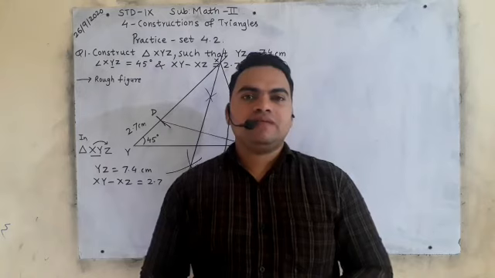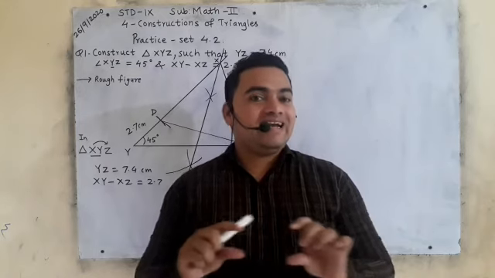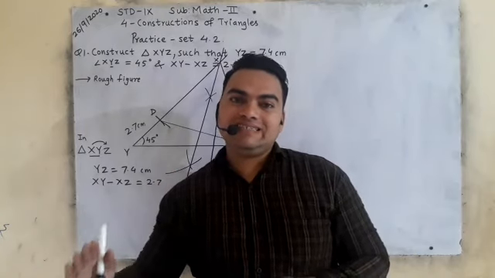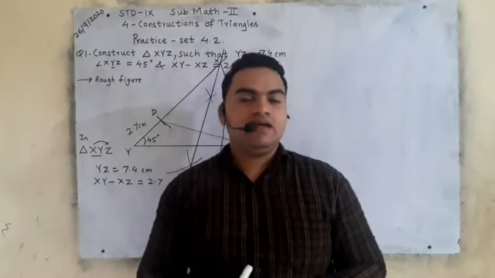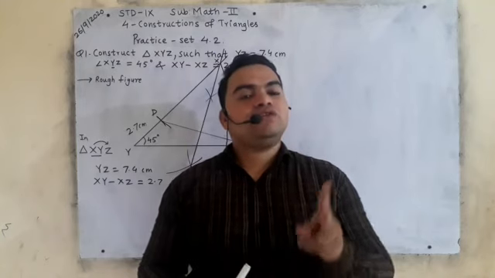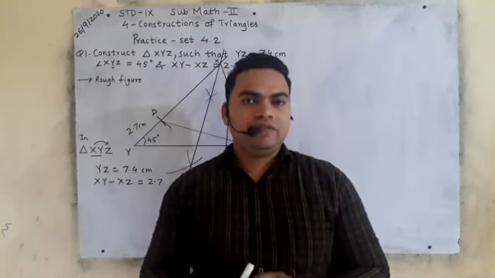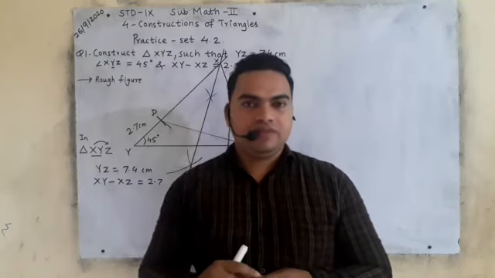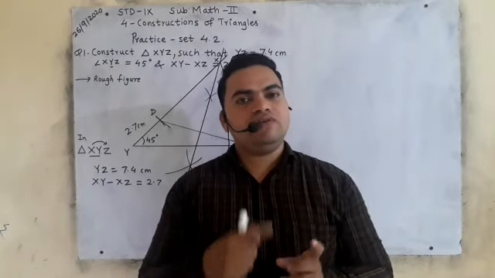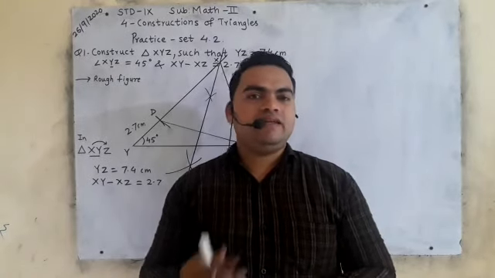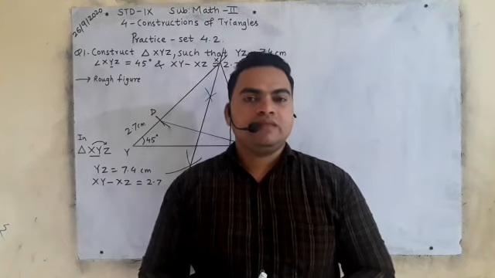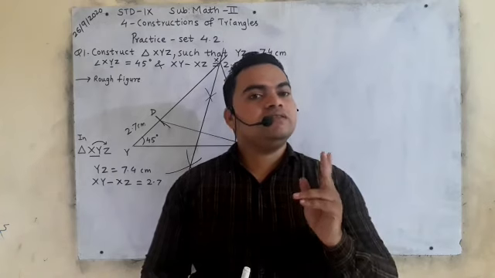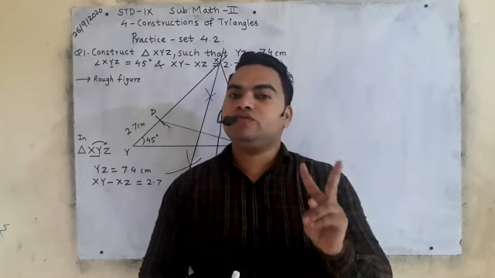In 4.1, in all the questions one side was given to you, so we will draw first one side, then one angle will be given to you, adjacent angle, we will draw that angle, and then the sum of the lengths of the other two sides was given to you. So that was addition. We marked that as point D, then joined the D point to the other point, and then drew the perpendicular bisector. So today in practice set 4.2 there is a subtraction, you can say the difference between the lengths of the two remaining sides.